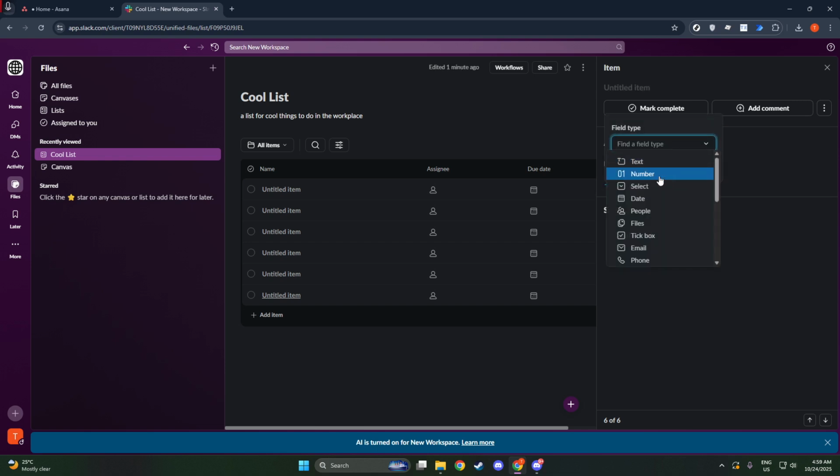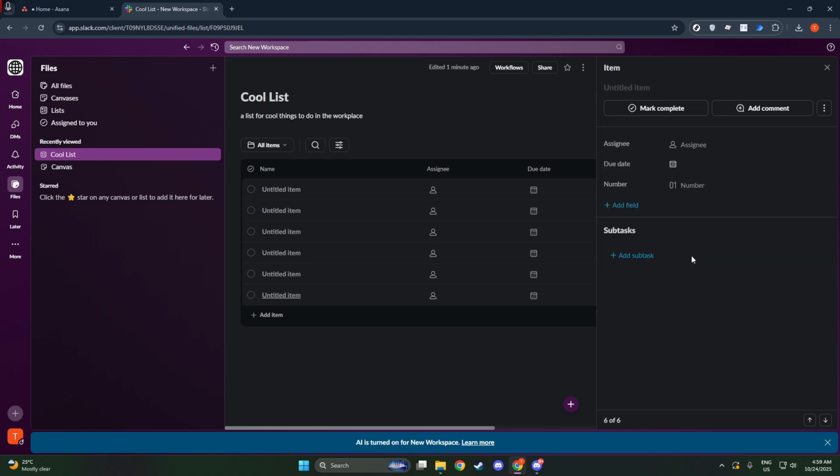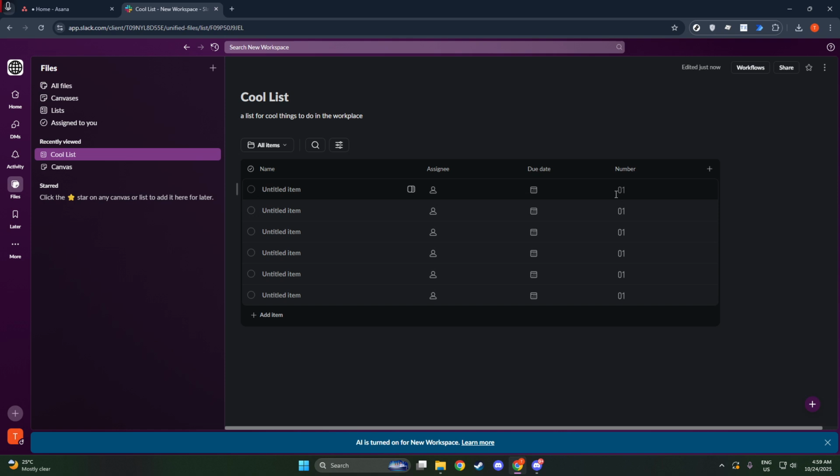Lists can be an incredibly powerful way to organize your projects, tasks, and processes tailored precisely to your team's needs. Don't forget that flexibility is a key feature here, so feel free to adjust lists as your